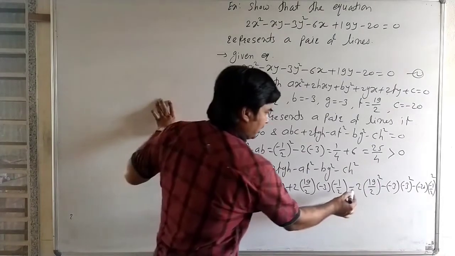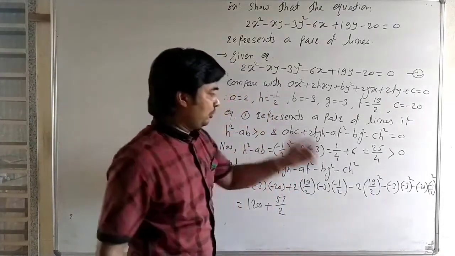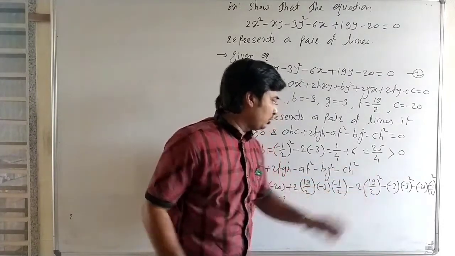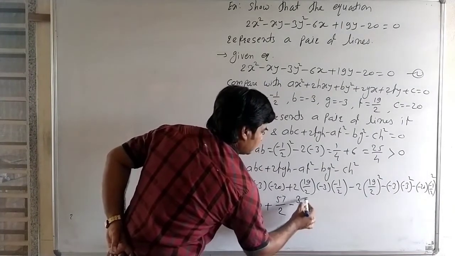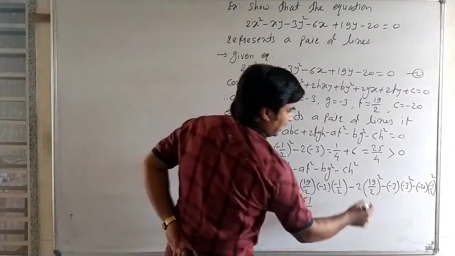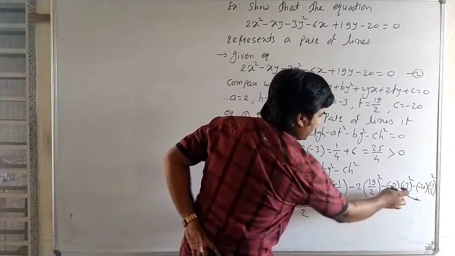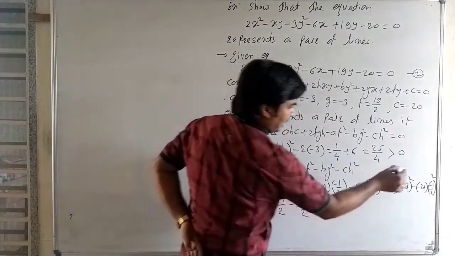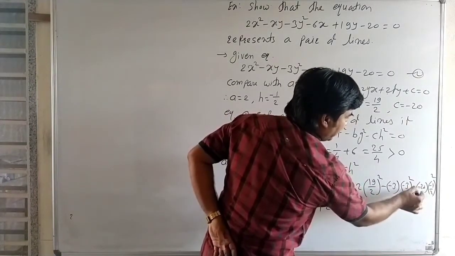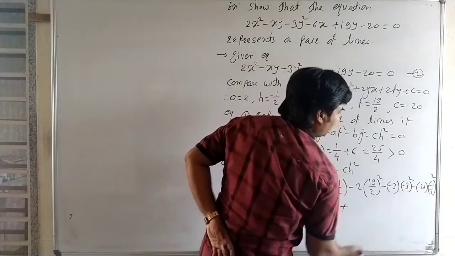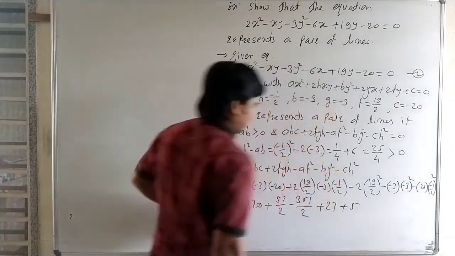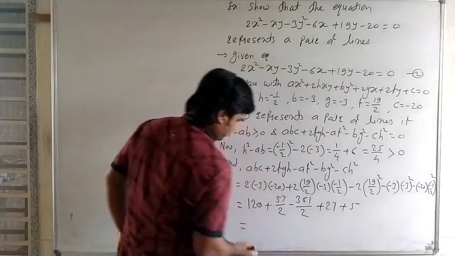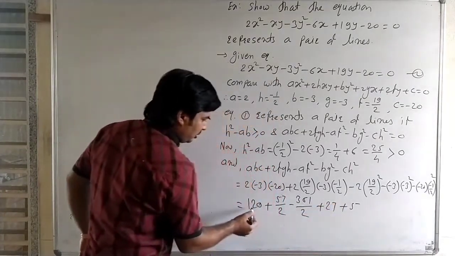by 2. Again here 2, here 19 upon 2 square, 19 square it is 361 upon 4 and here 2, that is 361 upon 2 minus 361 upon 2, then it is minus plus, it is plus and here it is square, that is 9 into 3, 27 and last it is 1 by 4 and it is minus plus 1 by 4 into 20, it is 5. Okay, now calculate 120, 27 and 5. Okay, 27 and 5 it is 32, it is 152.